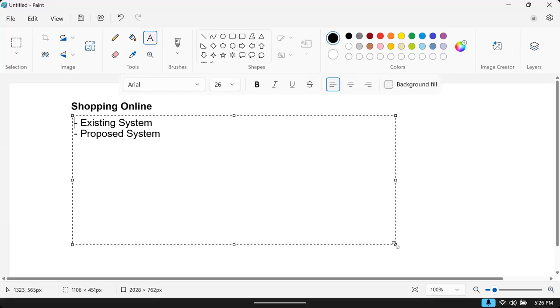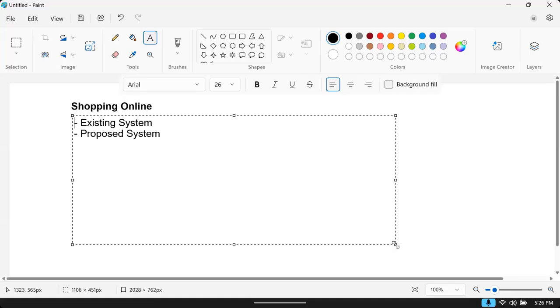Proposed system means how developing a software application for this business will help you as a user. That means what is the difference now? We will build an app for you, and through that app you can buy a product. Now, what are the conveniences? What are the features? When compared to the existing system, what are the features of the proposed system?